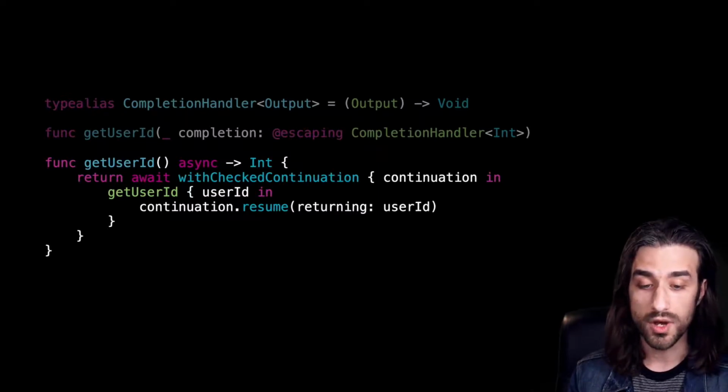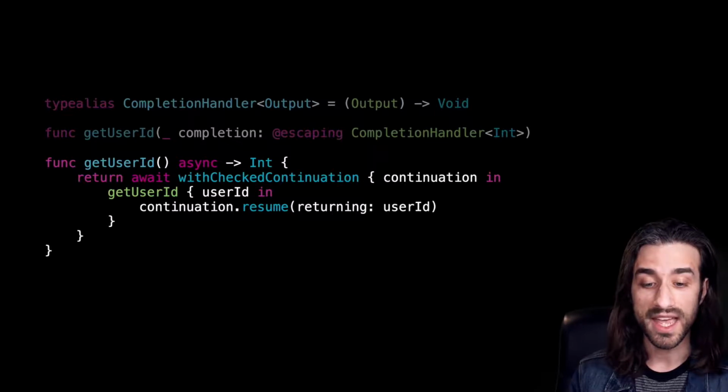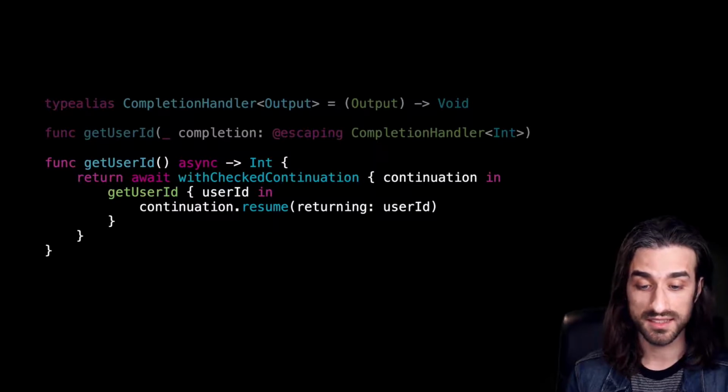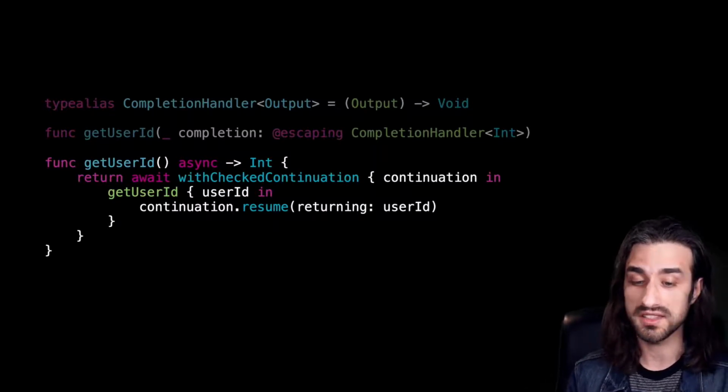This way, we are now able to take existing asynchronous code that uses a completion handler and call it in the function that we pass into withCheckedContinuation. In the completion handler of this asynchronous code, we call resume using the continuation, and this way we are able to take this existing asynchronous code and wrap it in a new function that uses the new async feature of Swift.